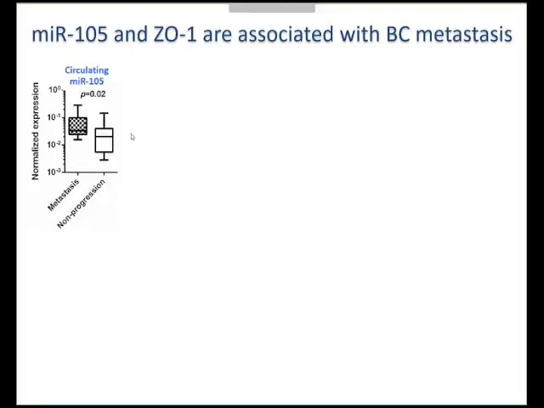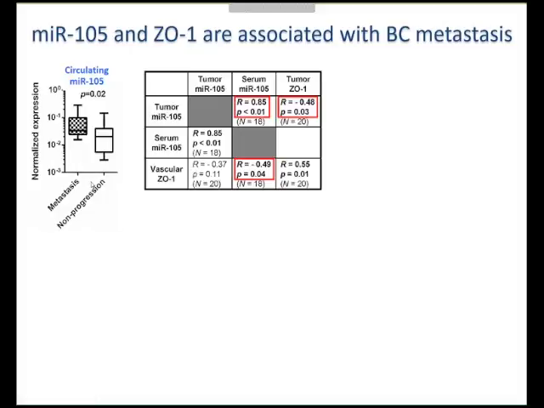So with that information, we were able to compare the levels of circulating miR-105 in those patients who later developed metastasis versus those who without disease progression during the comparable follow-up time. The results show that circulating miR-105 levels are indeed significantly associated with the risk of metastasis in early-stage breast cancer patients. Further, when we compare the serum level of miR-105 to the tumor level of miR-105 determined by in situ